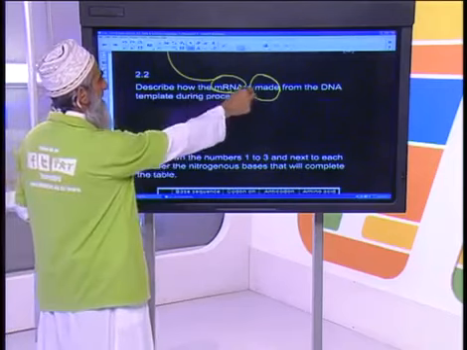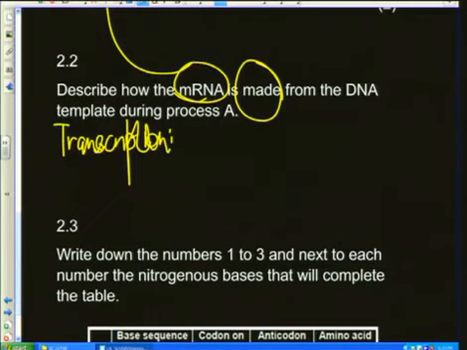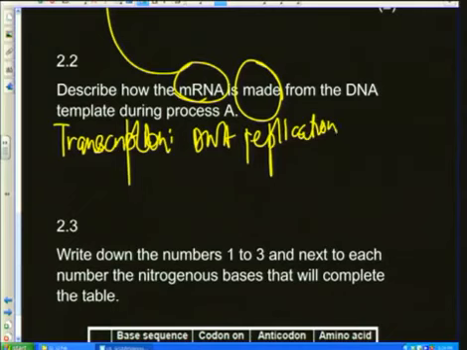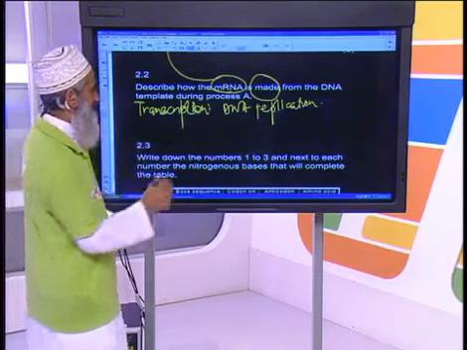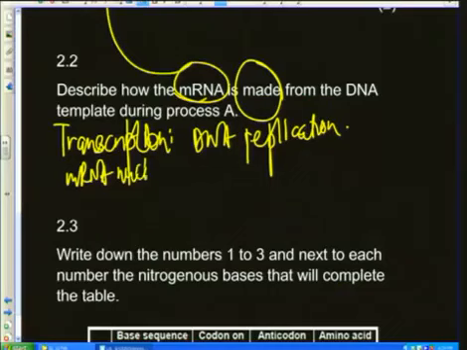Okay, how is mRNA made from DNA? So we have to describe transcription. When does it happen? During DNA replication, and I'm going to summarize it. DNA replication takes place, right? While that is happening, you don't have to describe the whole of DNA replication. You say while DNA replication is taking place, messenger RNA nucleotides